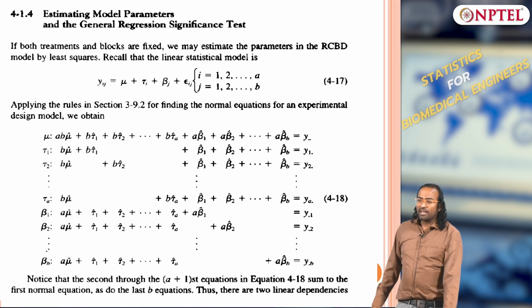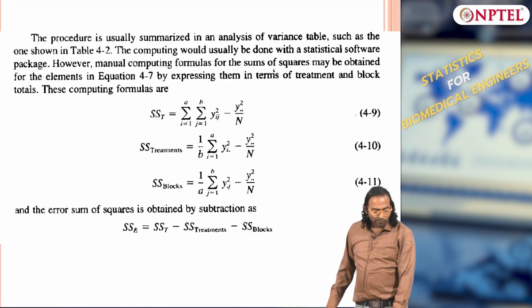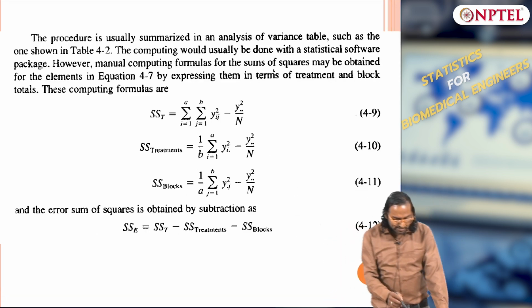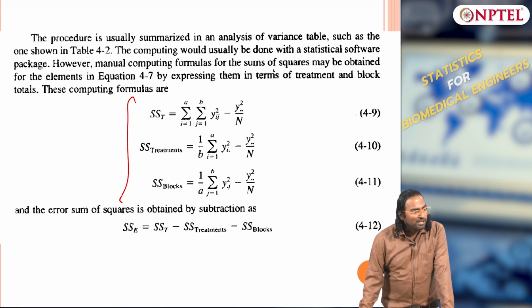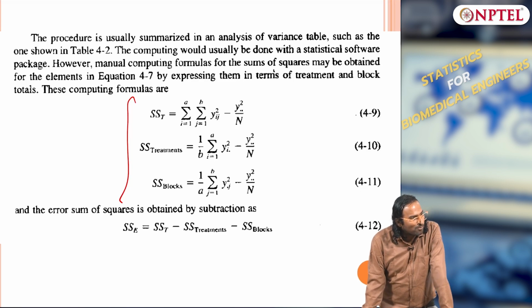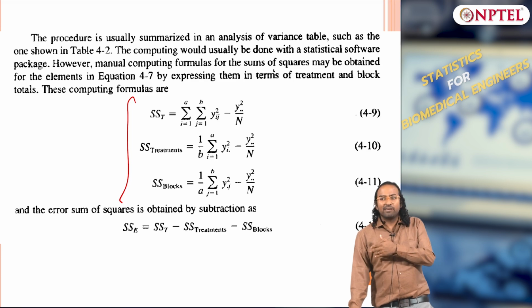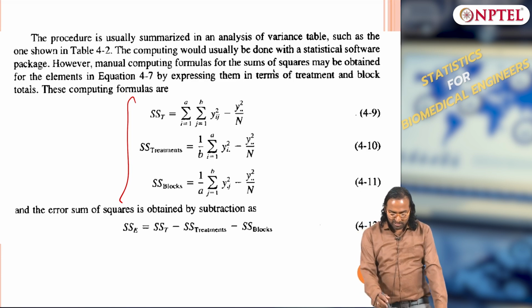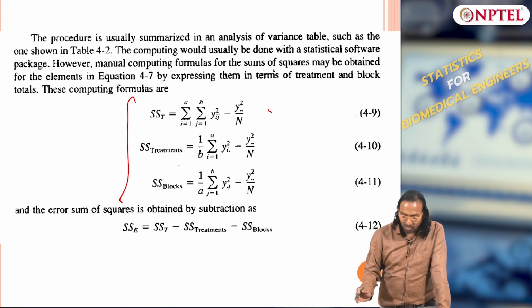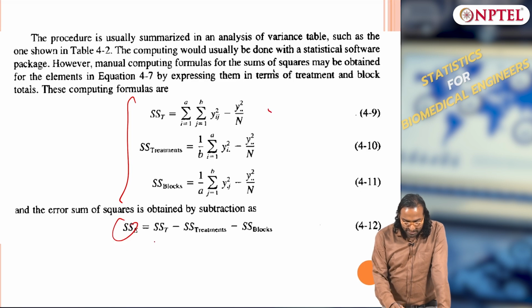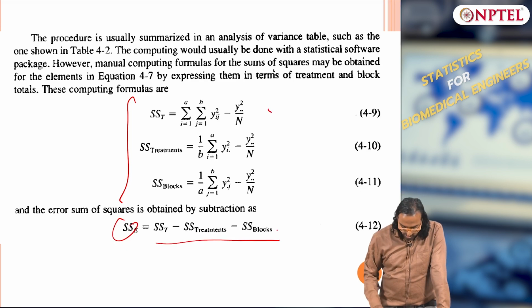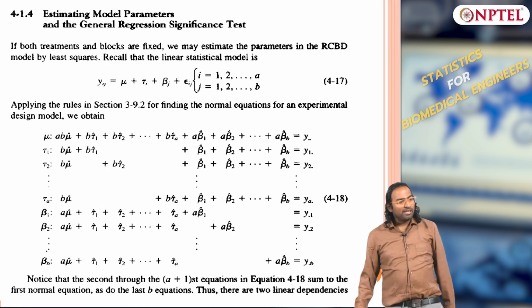Now I can do the regression way. So far so good, these are the estimates, these are the formulas. If you want to just go by ANOVA, these are the formulas to be remembered, but you can derive this also. As I told you, we will be able to derive this. For ANOVA we derived using the regression idea, same way we can derive it here. So this is the formula for sum square treatment, total, and blocks, and sum square error is always a subtraction of all. Now I can derive it using the regression way.